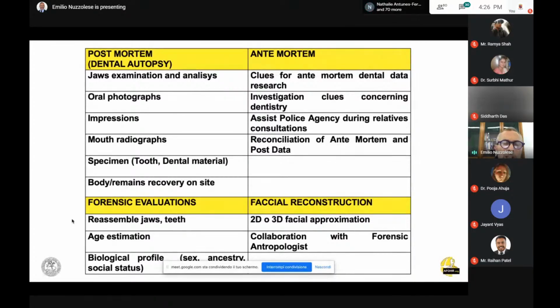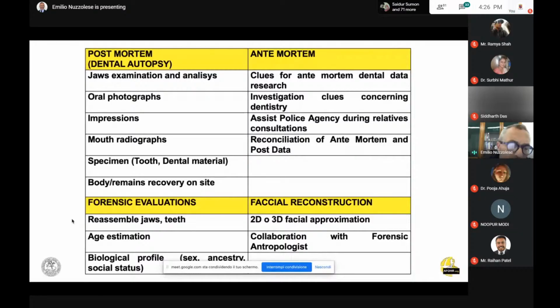Fundamentally, one of the aspects of the biological profile is to assess an age estimation, which is so important when we need to search for compatible missing persons that could help us in the identification of what we are working on. And the age, specifically, is one of the most important data that we need to collect in order to narrow the search of